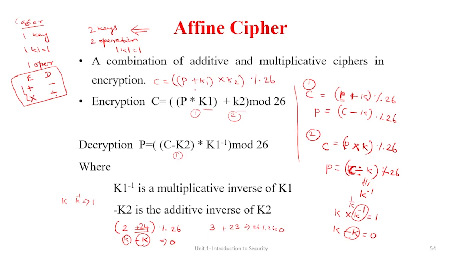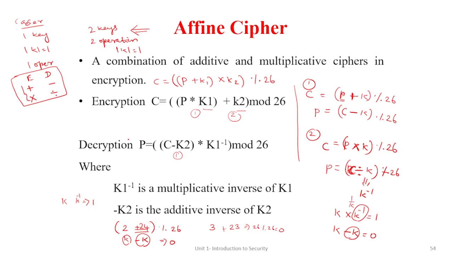But if you do a multiplication operation, there may be the possibility of getting a value more than 26. So there is a need for doing the modulus 26 operation to get the correct value from 0 to 25. So if the first operation I do is multiplication and the last operation is addition,